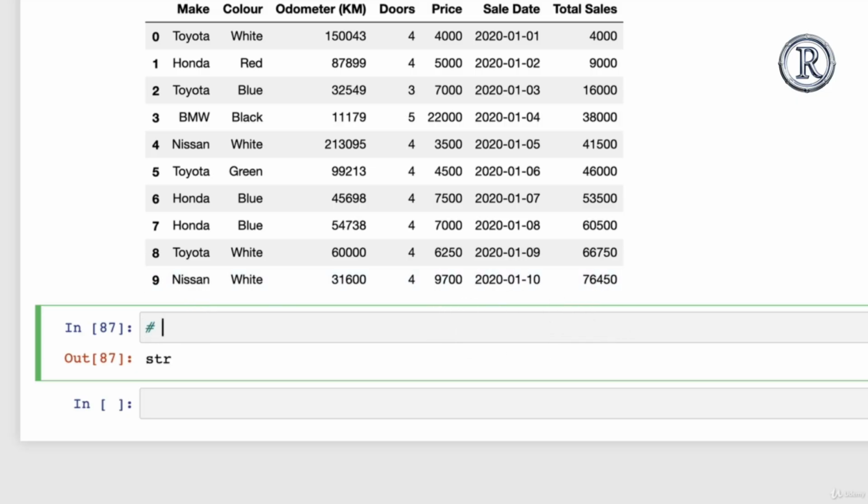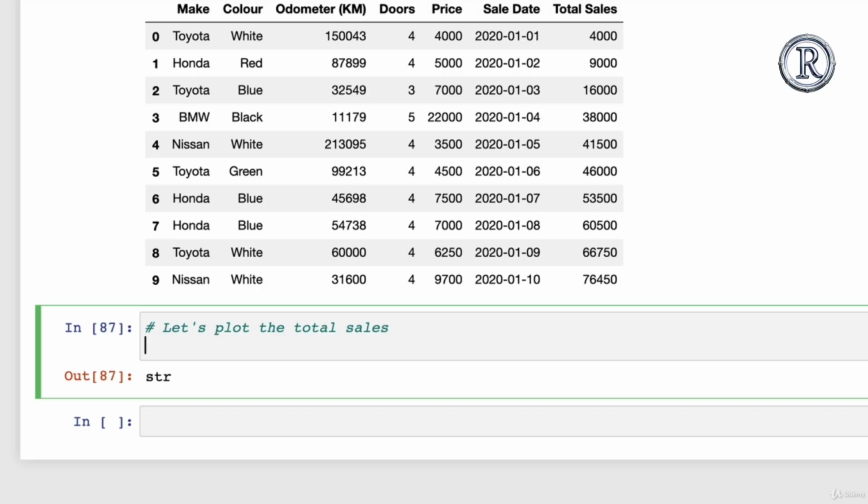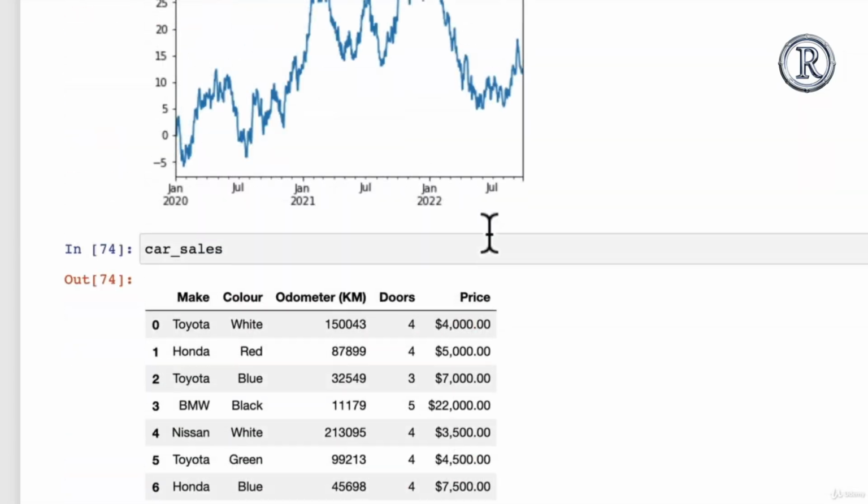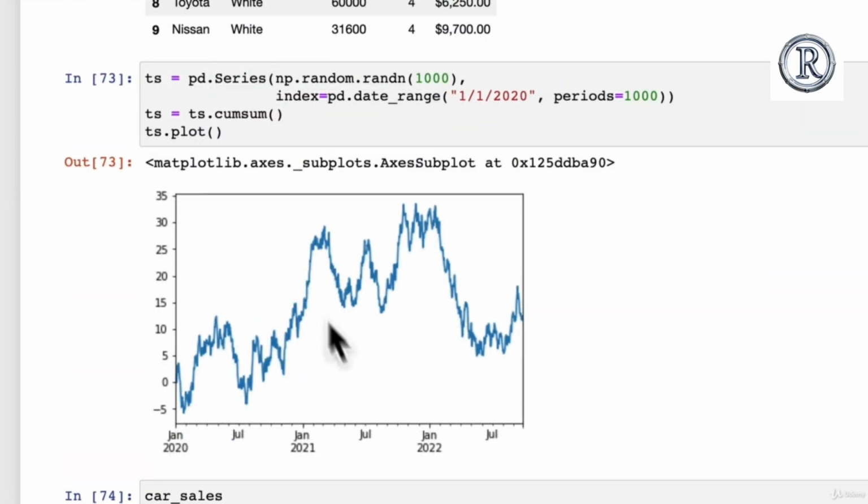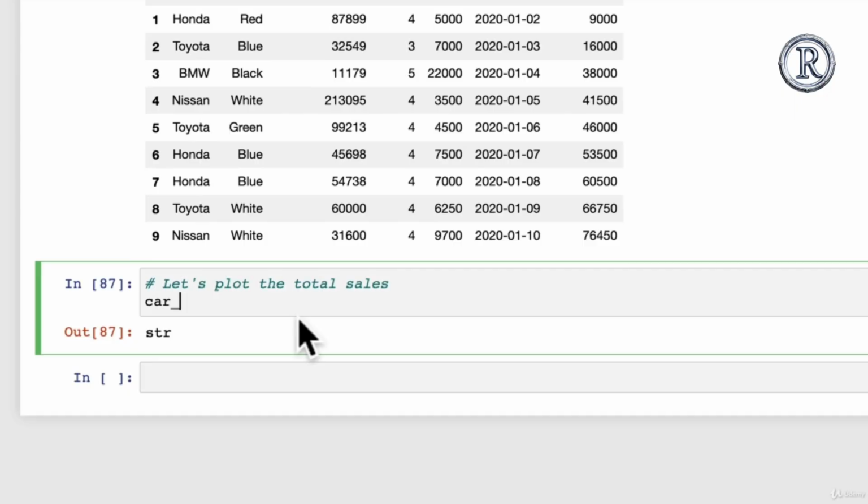And now, let's plot the total sales. So we want car sales. We want to see what our total sales looks like over time, so kind of replicating this graph here, but with our own data. Car sales dot plot x equals